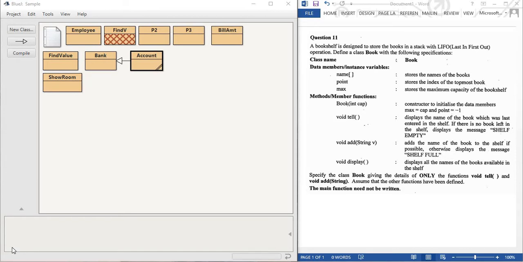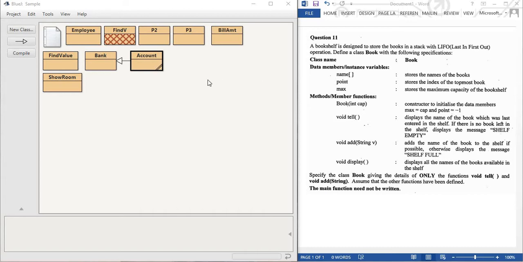Okay, so first look, this is a 2016 ISC paper. You can see a few restrictions over here. You can see the last line: the main function need not be written. So the first restriction is that you don't need to write the main method. Only do the method which is mentioned in your question paper. Without the main method it's not difficult, but we need to call methods multiple times manually. If you use the main method, we can use a loop to execute easily. So let's start the program.